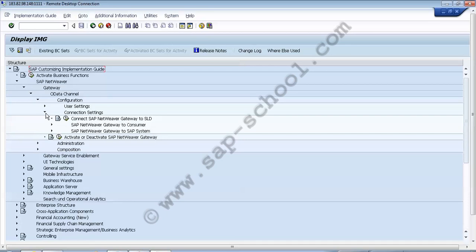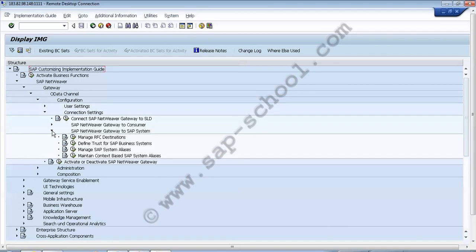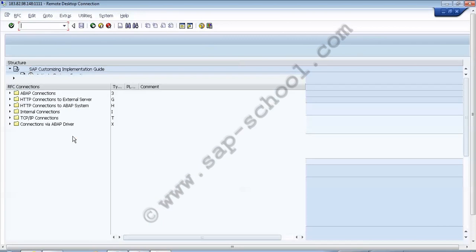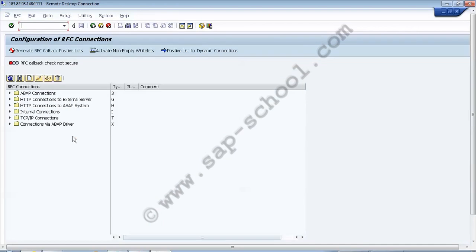So in the RFC destination, we have to give the name of my backend system. Generally we follow the convention like the SID of the backend system, then CLNT, and then the client number. Then similar to the backend system, we have to give the connection type 3, which is for my ABAP connection, and after that we have to give the description, that is the RFC destination to my SAP backend.